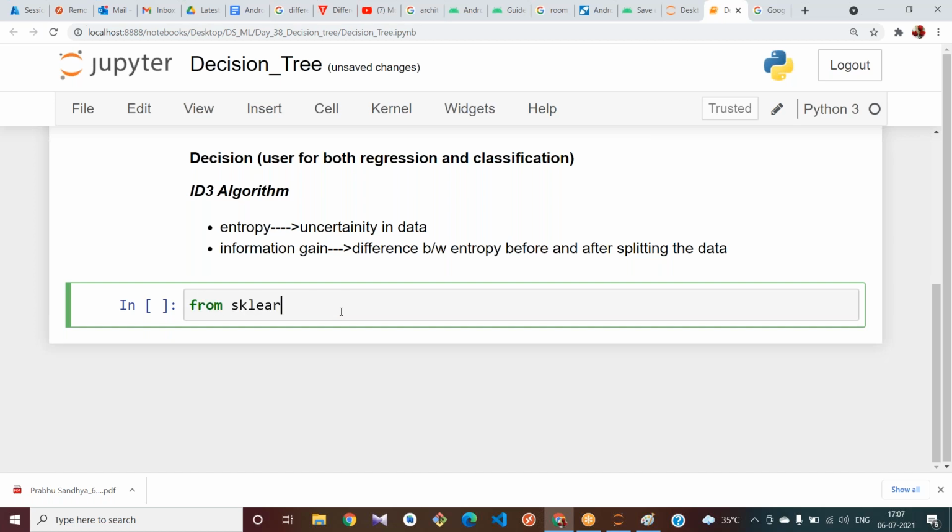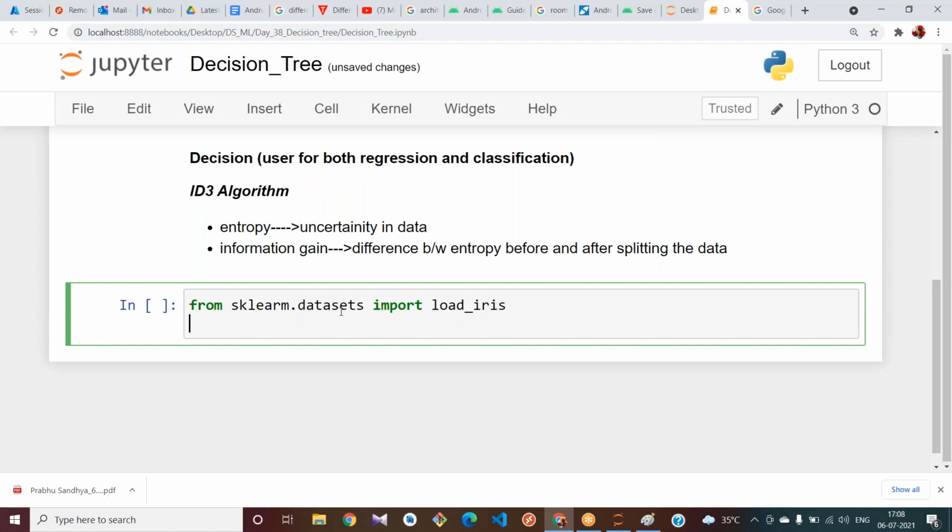From sklearn dot datasets import load underscore iris. Iris equal to load underscore iris.